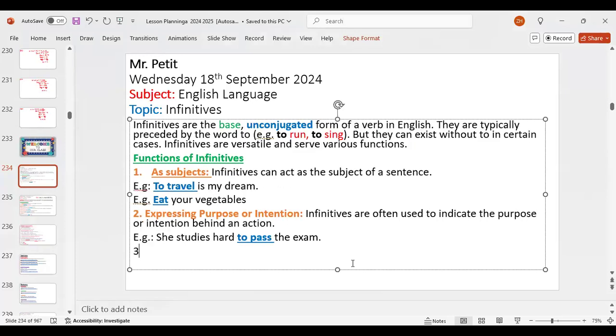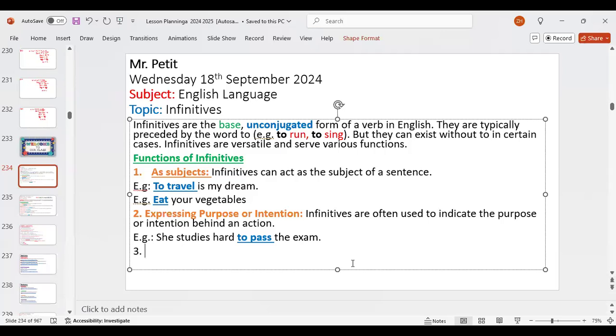Let me know if you got it. Yes, sir. Okay. Good. Y'all think y'all understand the infinitives a little bit more, right? Sir, I have an idea, but I would like if you would explain what infinitives are again. Okay, so they're the base. You don't conjugate them yet. They're the base, and typically "to" comes before it. Good. And the infinitive has to be a verb.